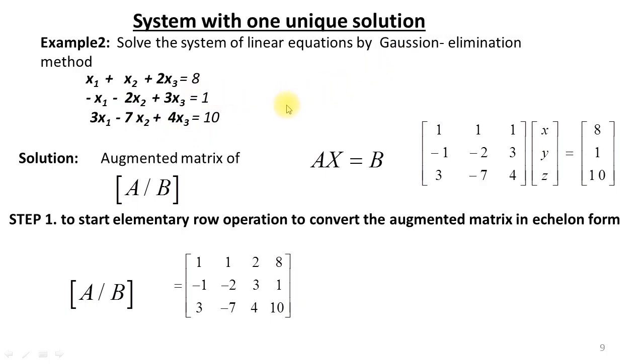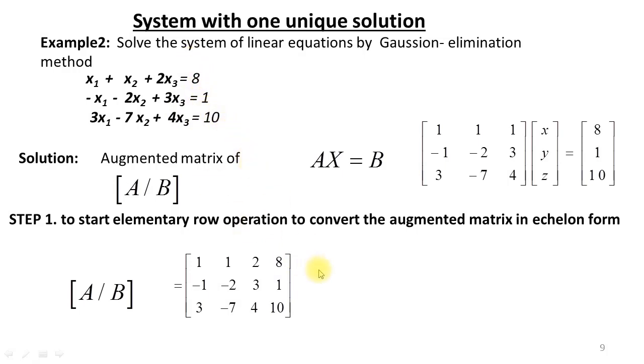Now, using the Gaussian elimination method to find the solution of this system of linear equations, first of all, write this system in matrix form. This is matrix A, the coefficient matrix, this is the matrix of unknown variables. We have three unknown variables, x1, x2 and x3, and this is the constant matrix. Now, this is the augmented matrix. In the augmented matrix, there are two matrices: one is the coefficient matrix and the other is the constant matrix, which lies on the right hand side of the given system.